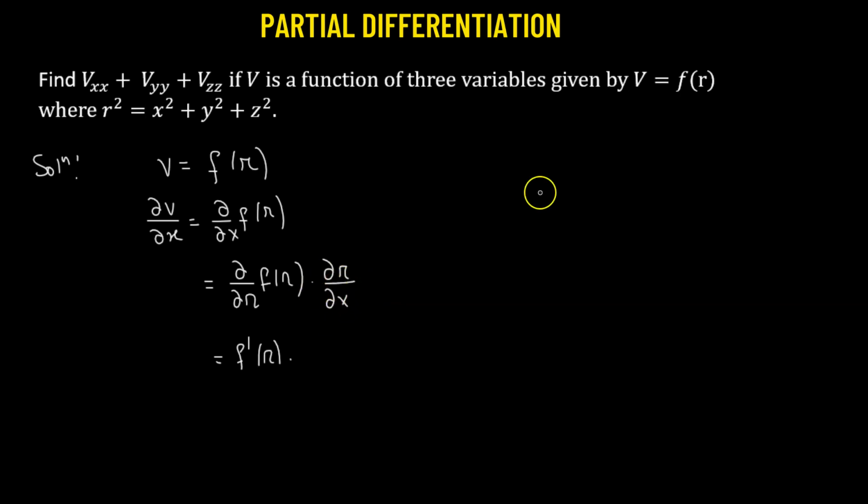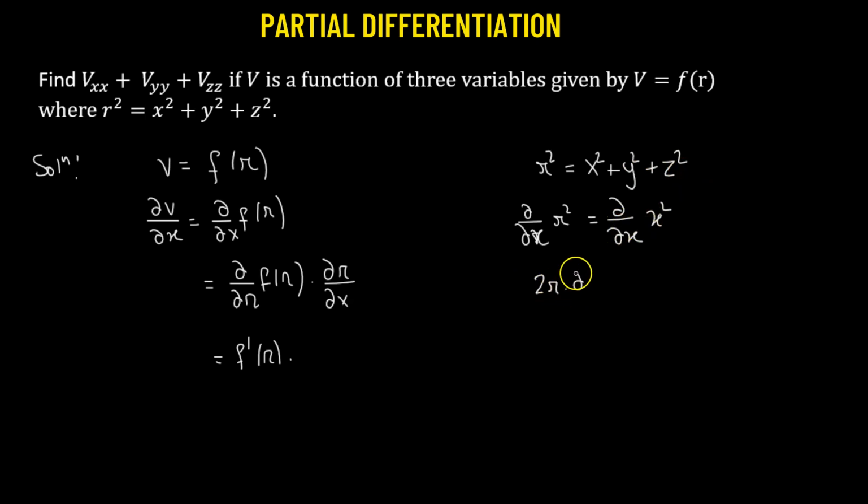times partial of r with respect to x. Now we have been provided that r squared is equal to x squared plus y squared plus z squared. So if we take the partial derivative on both sides with respect to x, we have partial of r squared with respect to x equal to partial with respect to x of x squared. We don't have to worry about the other two terms because partial of y squared with respect to x and partial of z squared with respect to x will be 0, where y and z are treated as constants. That means we have 2r times partial of r with respect to x equal to 2x,